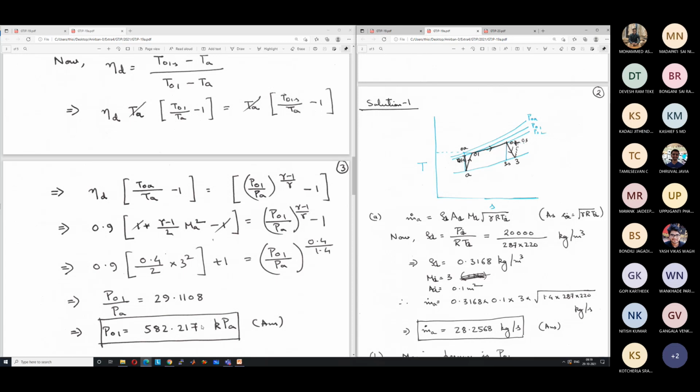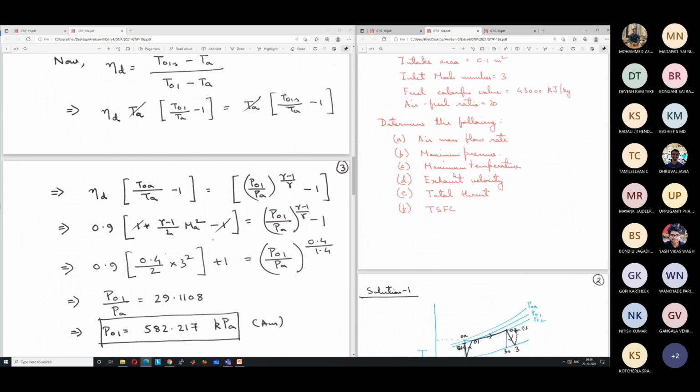You can see how much increase in pressure is occurring. Almost 30 times, 29 times increase in pressure is occurring just by the diffuser. In other previous problems, if you check, you will see that the compressor is compressing with a compression ratio of 10, 20, something like that. But here, because of the very high supersonic velocity at the inlet, the diffuser itself can compress by almost 30 times. So obviously no compressor is needed.